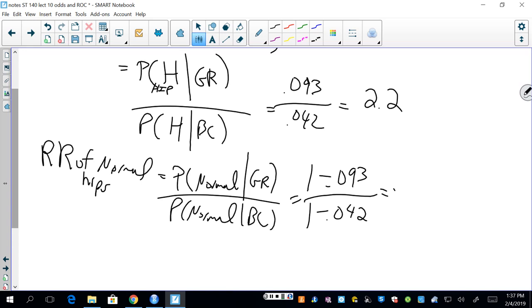0.42, so there's a 0.907 and a 0.958, and that's about 0.95. It's not 1 over 2.2, that would be closer to 0.5 or 0.4. But it's another number. It's very close, because they're large. The difference of having probability is not judged to be as big as relative risk, because they're both about 0.9, and there's a little difference up there, a percent difference versus either one